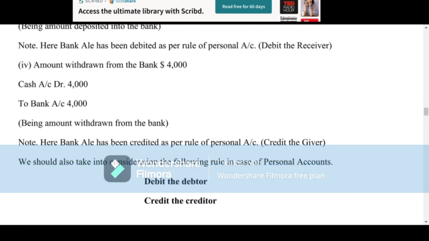Hope you will like this video about the golden rules of debit and credit. I will make more videos about this so you can fully understand how we interpret accounting with debit and credit. In my second lecture I will show you some journal entries, how we can make the journal entries into the accounts and the ledger.